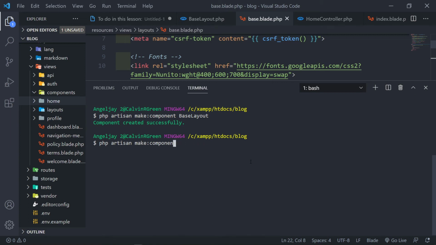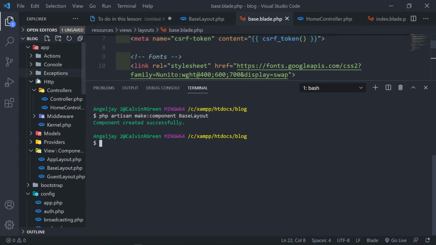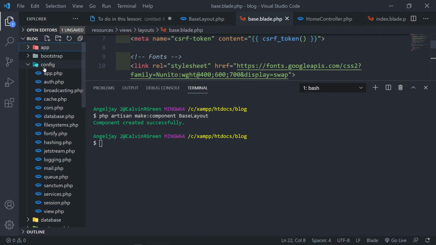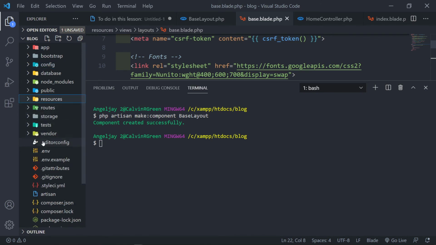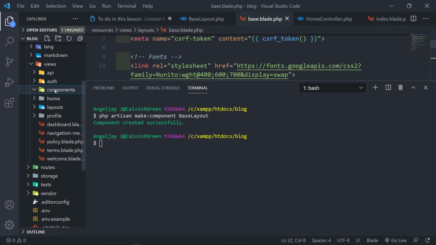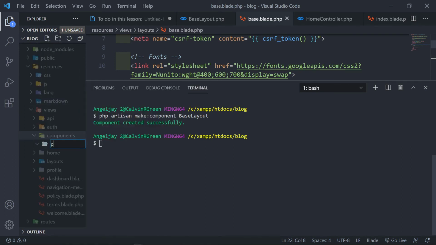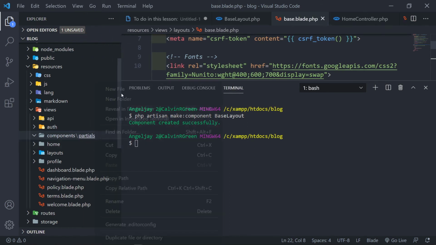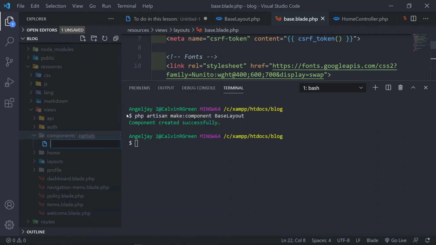But you know what? Let's not do it like this, because this will actually create a controller for us in here, and I don't want that to happen, because I just want to return a view. So how you can do that is in our components, I'm going to create a new folder called partials, like this. And as you can see right there, then we're going to create a new file and call it